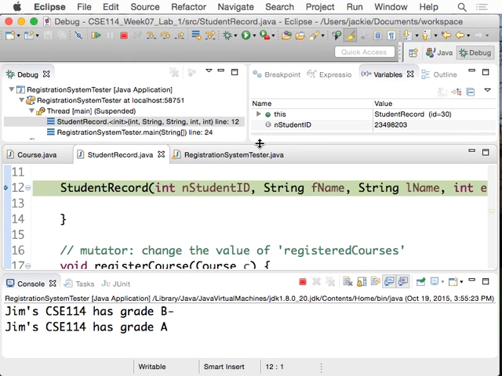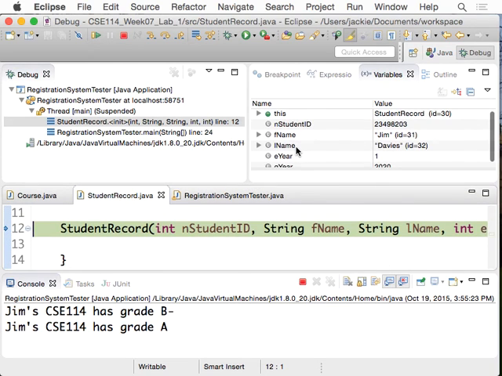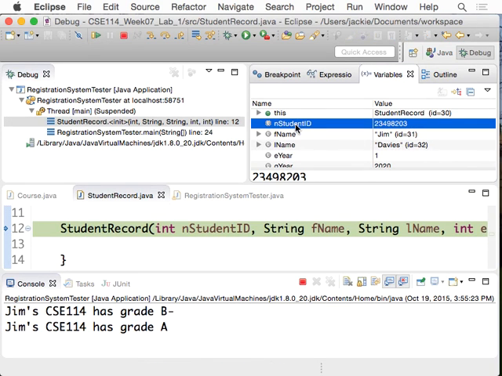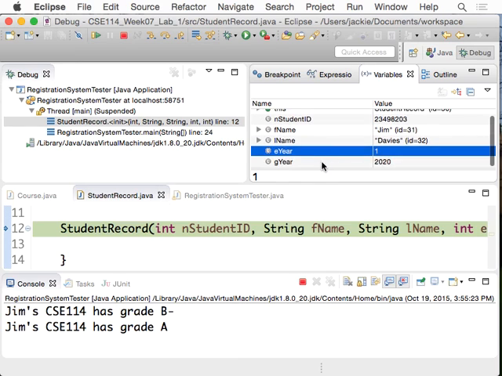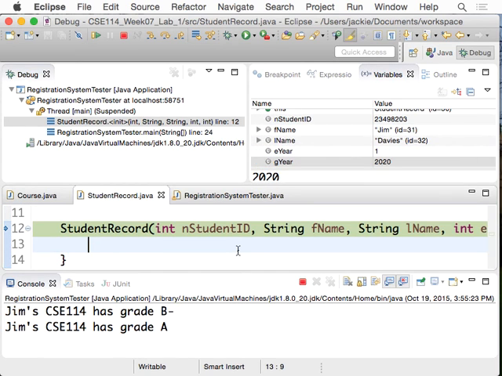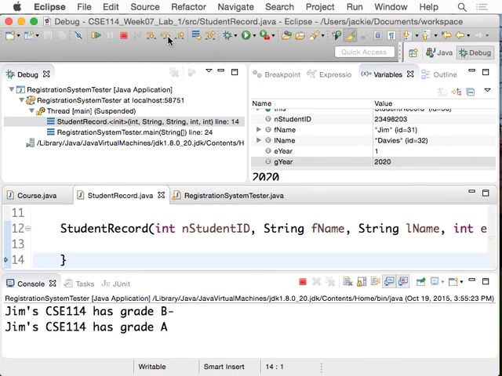Oh, so one thing to draw your attention to. You can see now we do have all the argument values shown there. So we have this student number here, Jim, Davis, 1, and 2020. But somehow, it doesn't matter if you have the correct argument values or not. If you have no correct assignments there from line 13 to actually assign properly to the attribute values, there's no use. So if you simply say step over, okay, so this is the last line, line 14 there is the